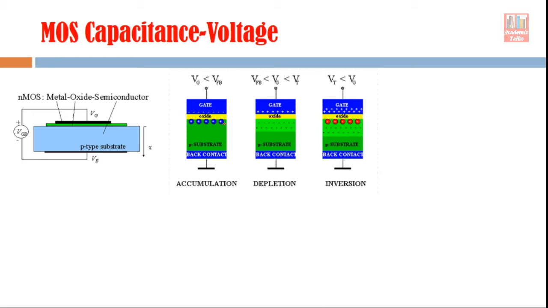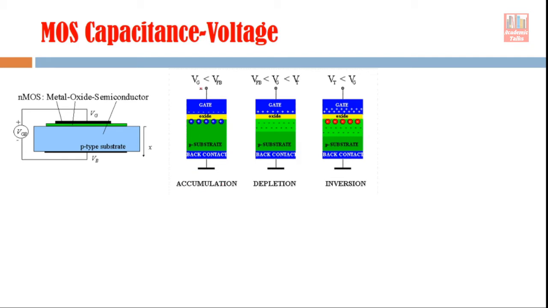How is this charge created? The free holes present in the p-type material will be attracted towards this side, because on the gate we are applying negative charge. This negative potential will attract all the holes present in the semiconductor towards the interface. You can see here that positive charge will accumulate, but remember this positive charge is because of free carriers. That's why this particular situation is called the accumulation situation.